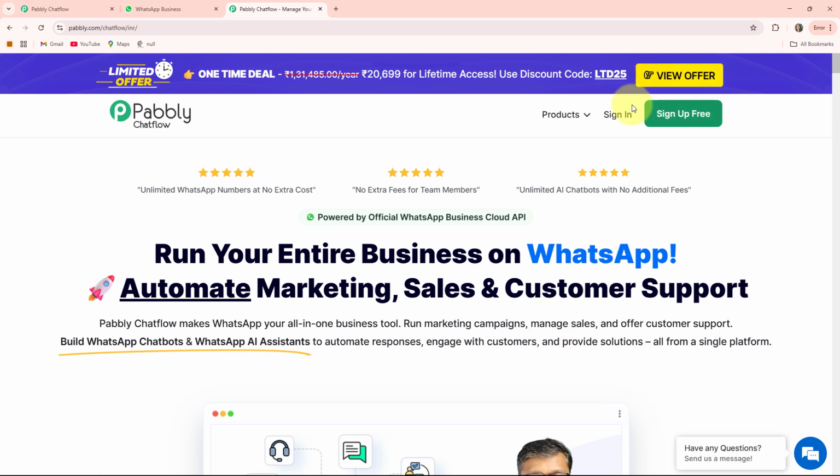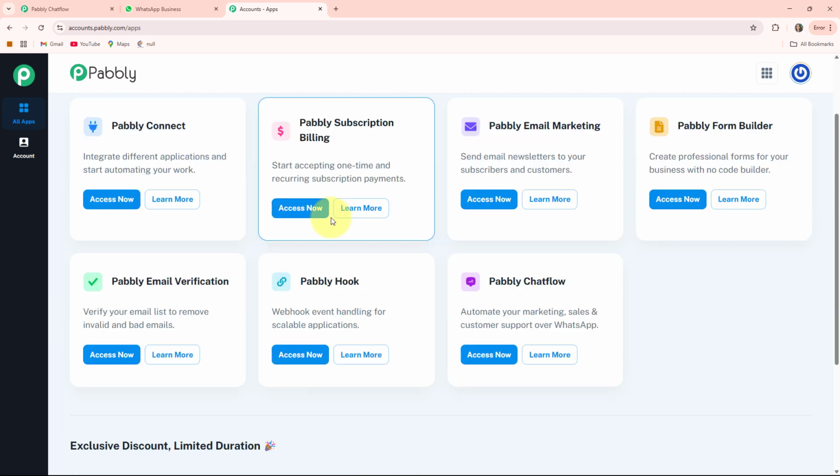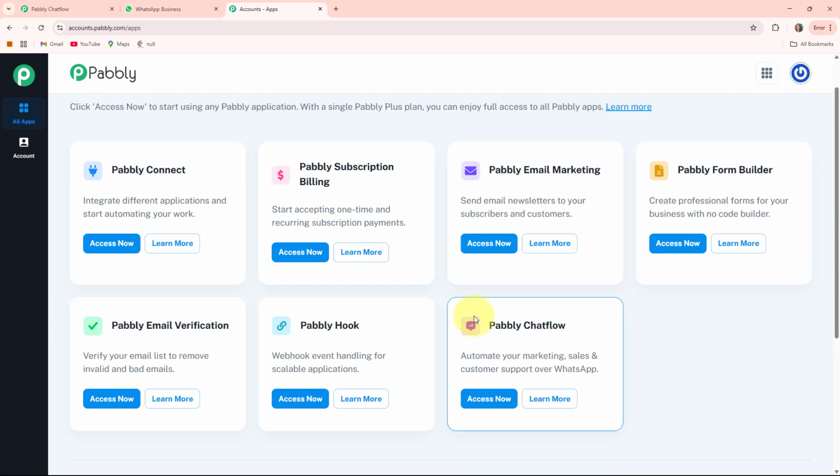Here on the right-hand side you can see 2 options are there. One is sign in and the other is sign up. If you are a new user, then you can click on the sign up option. If you are an existing user, then you can click on the sign in option. As I am an existing user, I am clicking on this sign in option. Here you can see these are all the apps that Pabbly provides to its users. As we are creating a WhatsApp chatbot, we will go to this Pabbly Chatflow box by clicking on this